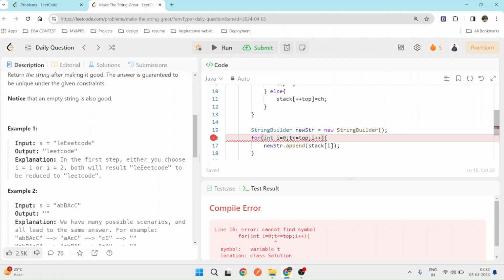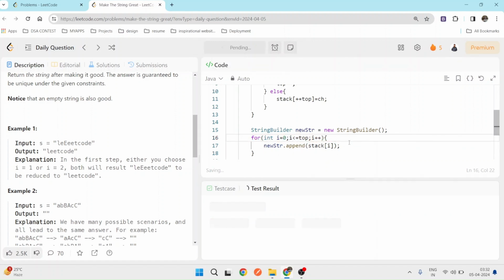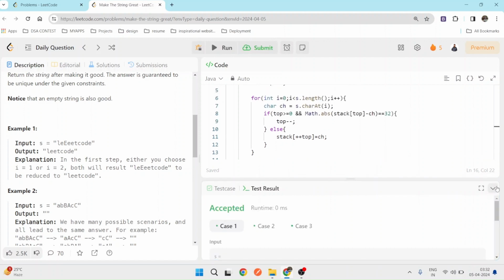Sorry, this was a typo mistake. Our solution is accepted.